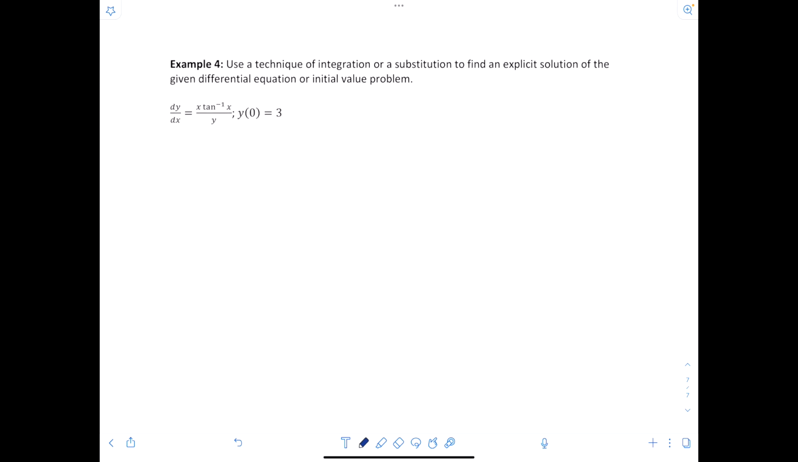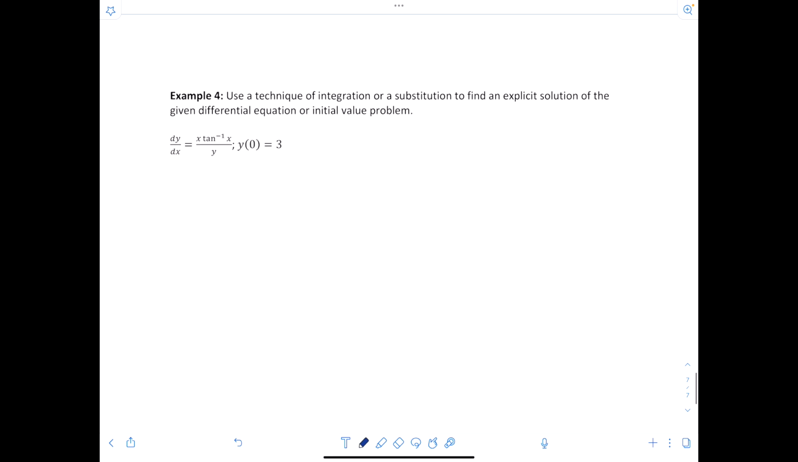Use a technique of integration or a substitution to find an explicit solution of the given differential equation or initial value problem. So in this case, it is an initial value problem, all right? So this one might be a wee bit tricky. We might need an integration by parts. First, let's separate these variables and get dy and dx on different sides. So we've got y dy